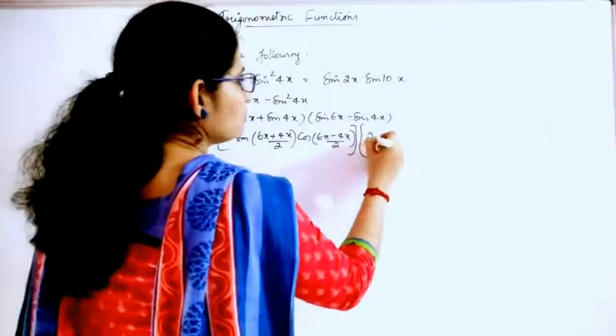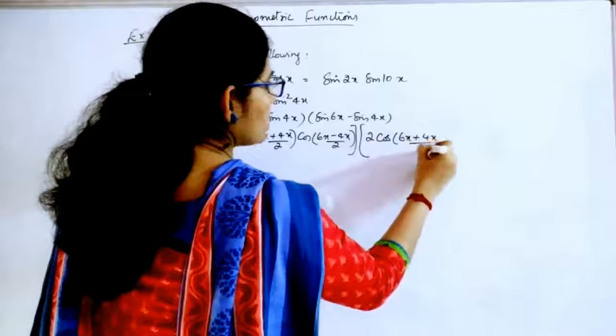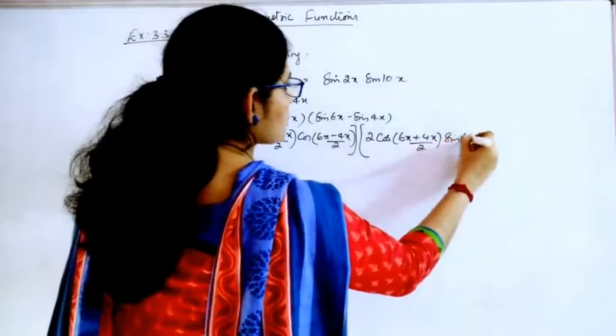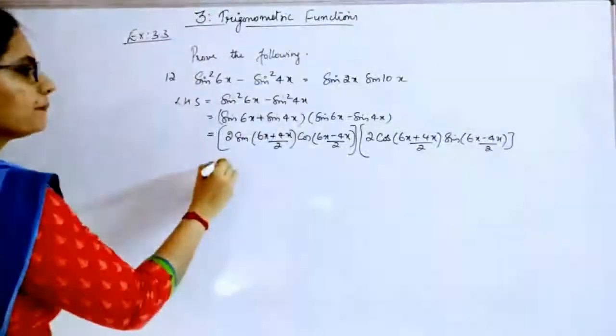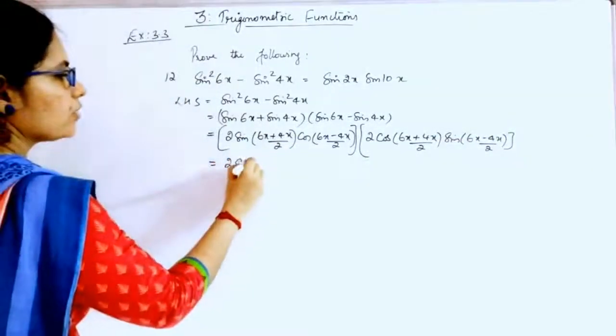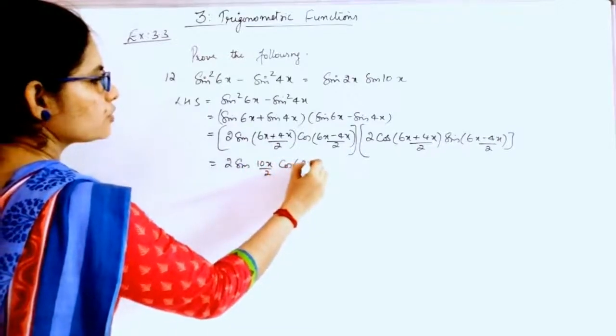So you get 2 cos of 6x plus 4x by 2 sine of 6x minus 4x by 2. Now this is 2 sine of 10x by 2 cos of 2x by 2